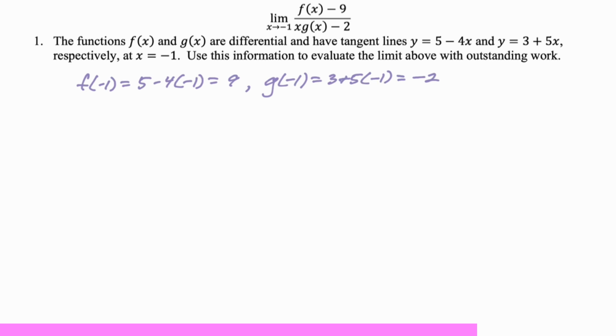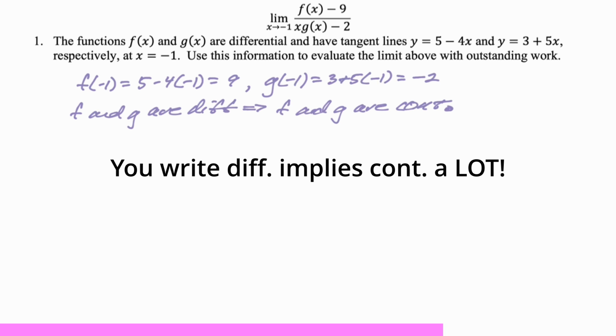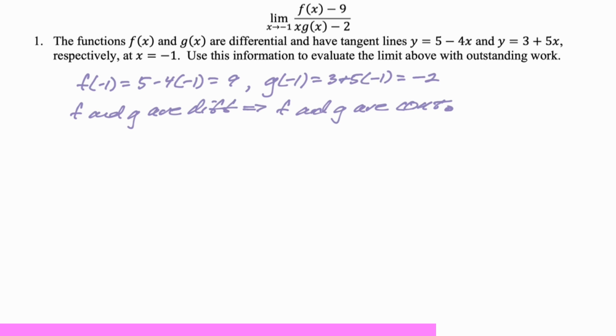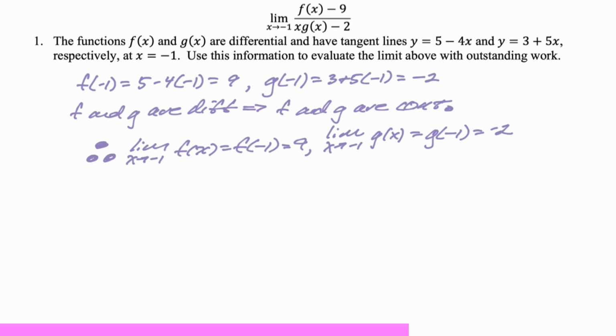So this is almost certainly going to be L'Hopital's rule. I mean, you should try to just plug in, you'll get 0 over 0. We have to establish something. So I'm going to say f and g are differentiable, therefore, that implies f and g are continuous. All right, because they're continuous, the limit equals the value of the function. That's like the definition of continuity at a point. So we can say the limit as x approaches negative 1 of f of x is f of negative 1, which is 9, and the limit as x approaches negative 1 of g of x is g of negative 1,